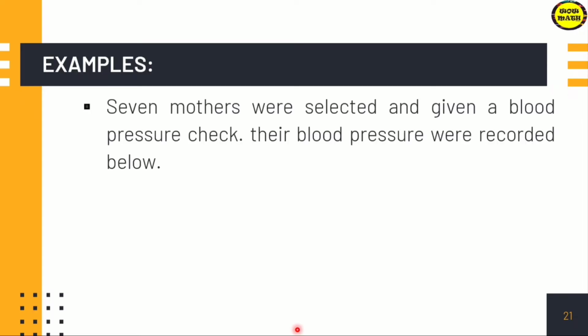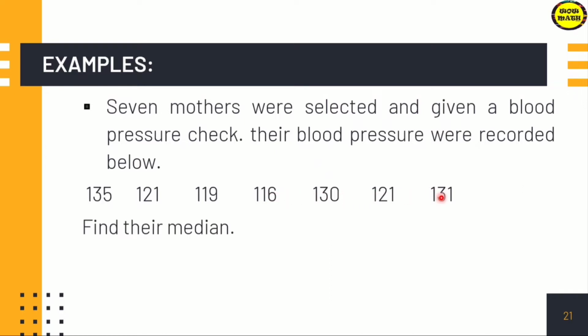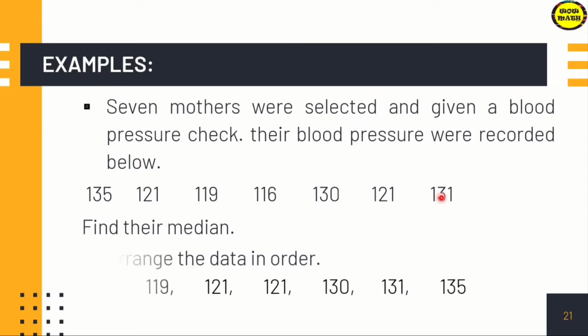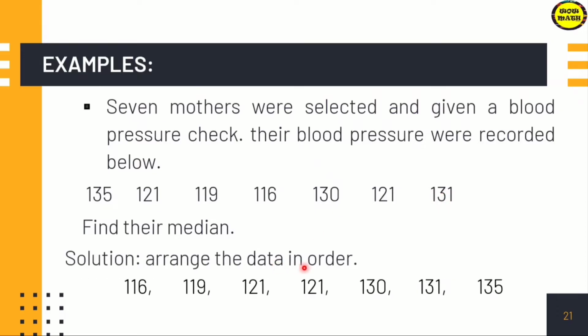For example, 7 mothers were selected and given a blood pressure check. Their blood pressures were recorded below: 135, 121, 119, 116, 130, 121, and 131. To find their median, first arrange the data in order. We are going to arrange in ascending order: 116, 119, 121, 121,